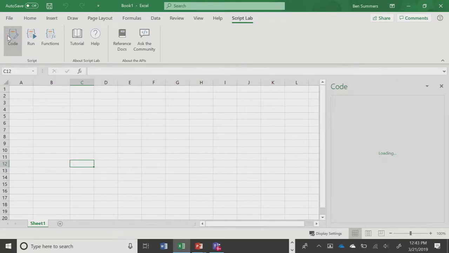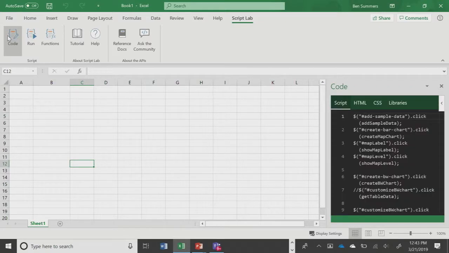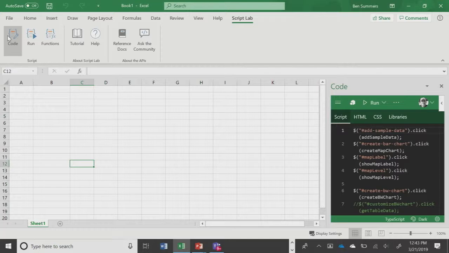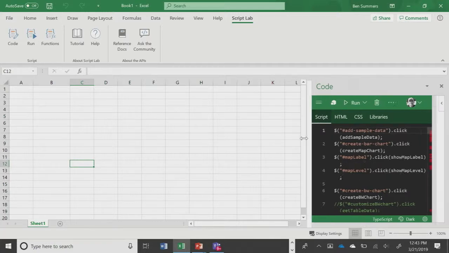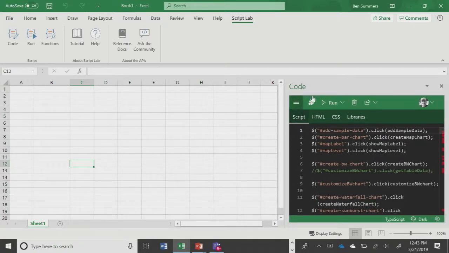Let's go to Script Lab. Script Lab is an add-in, right? It is an add-in just like the Hanha add-in, except that it serves an entirely different function. You might even say it serves the opposite function. Instead of being a way of bringing data very easily out to people using devices, this is a way to create and modify reporting, and so on. You can see right here that I have a text editor. It has IntelliSense built into it, if you want to know about that sort of thing.